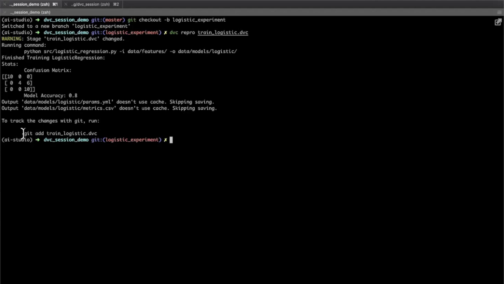So it says new metrics and model has been published. You can add it to this branch so that anyone who can check out to this branch can see the results of your model. And if you see the confusion matrix, the performance actually degraded. Earlier the model accuracy was 90%, now it's 80. I'll still save into a different branch, but I won't merge this into master branch.